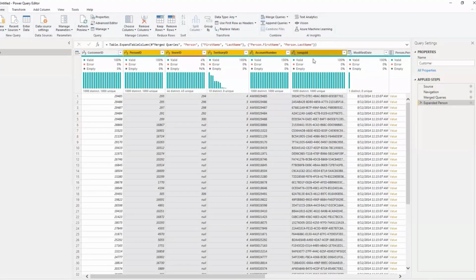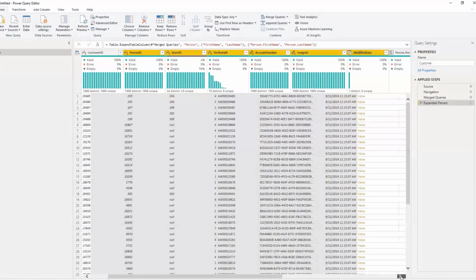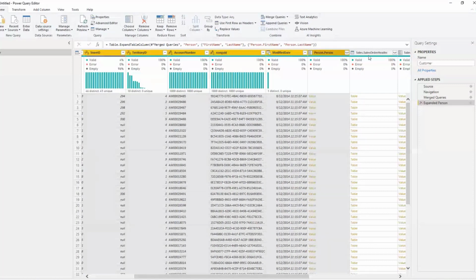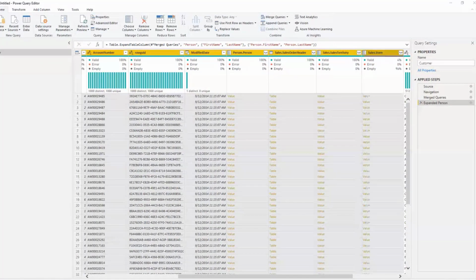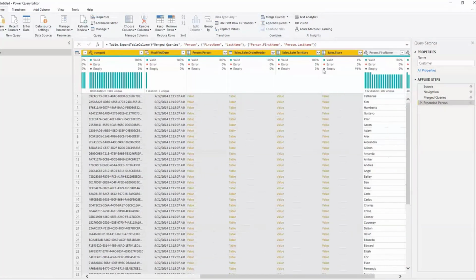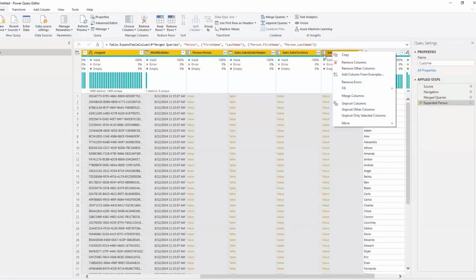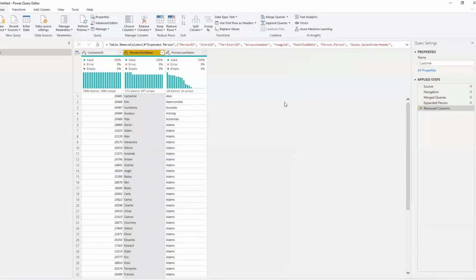You can hold the control key on your keyboard and click on whatever the unnecessary columns are. Afterwards, right click on one column and click on remove columns. There you go. You have the cleaned up customer dimension after removing all the unnecessary columns.